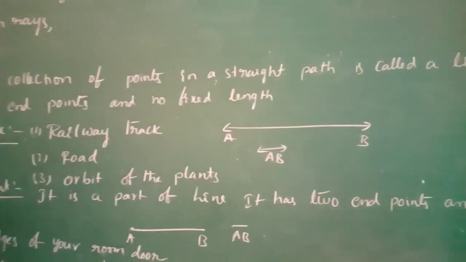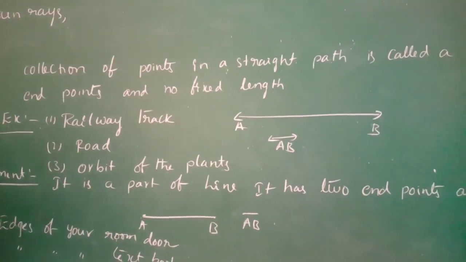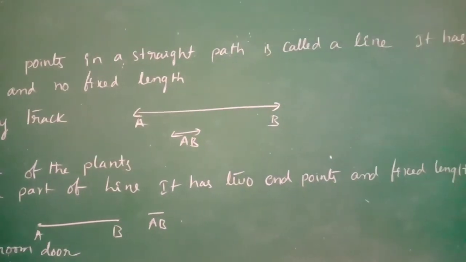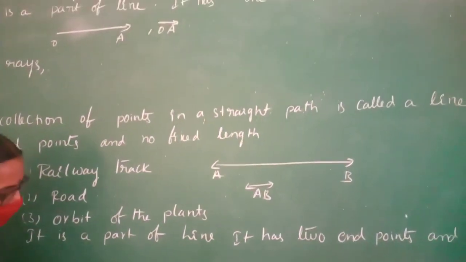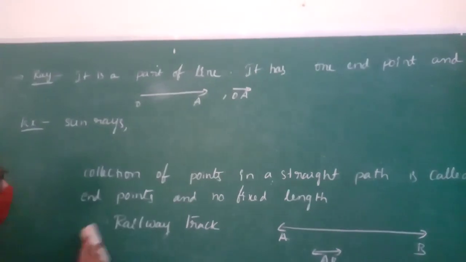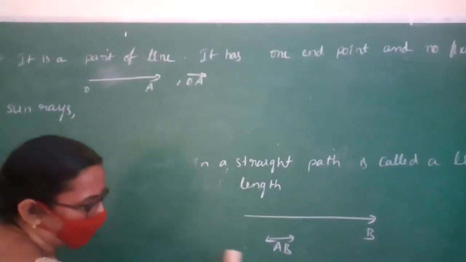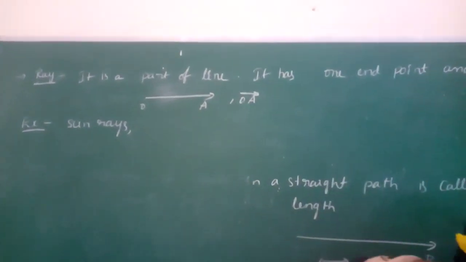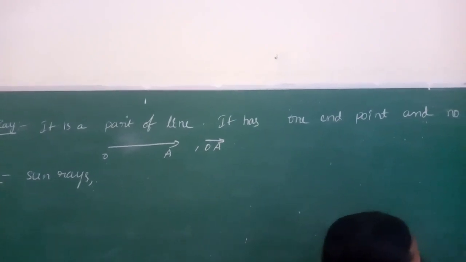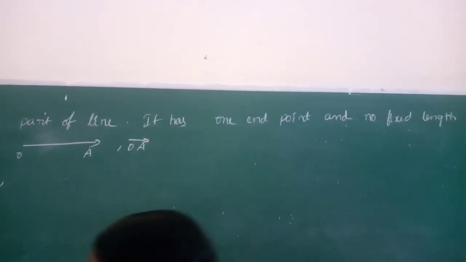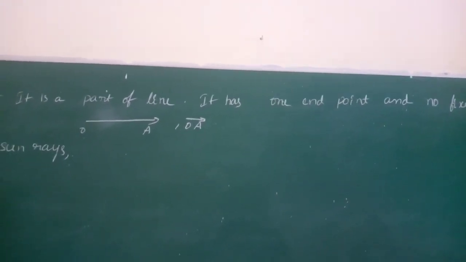Okay, children. I will ask some questions very familiar to you. What is a triangle? Anybody? Yes. Triangle is a closed figure having how many line segments? 3 line segments. Okay. Write down the definition for triangle.